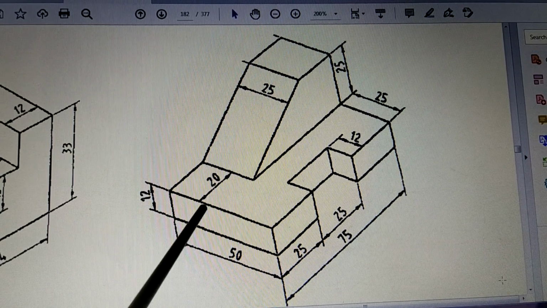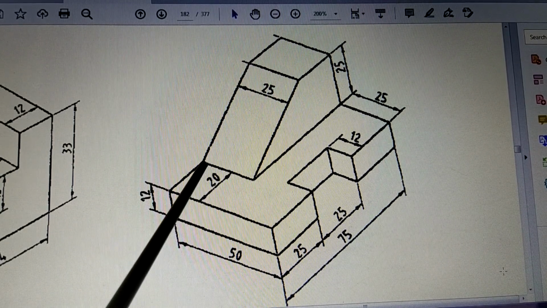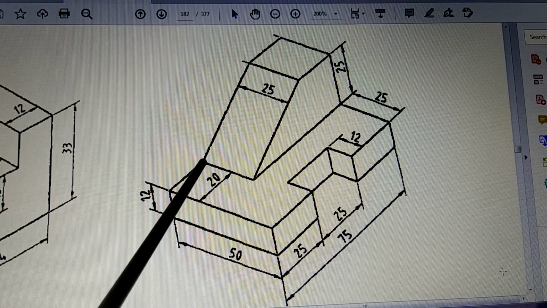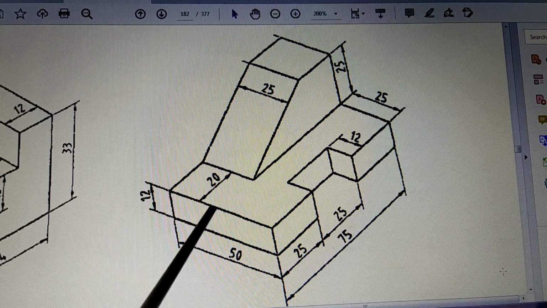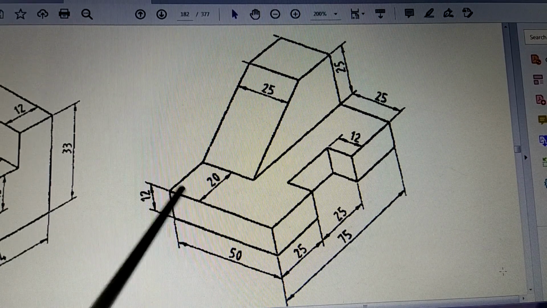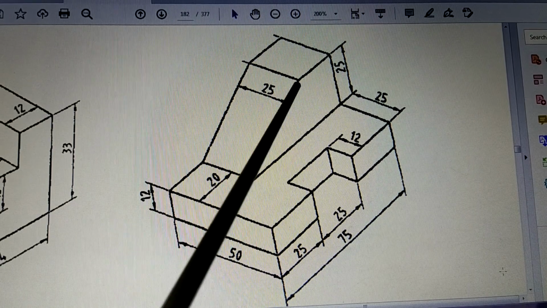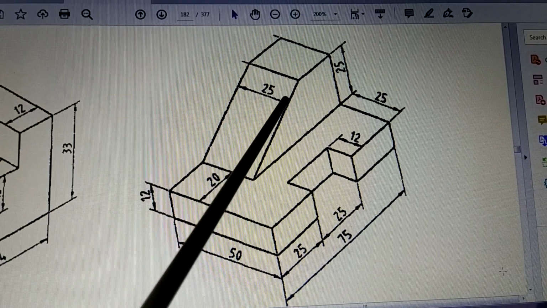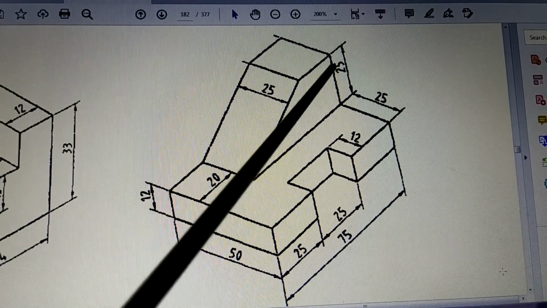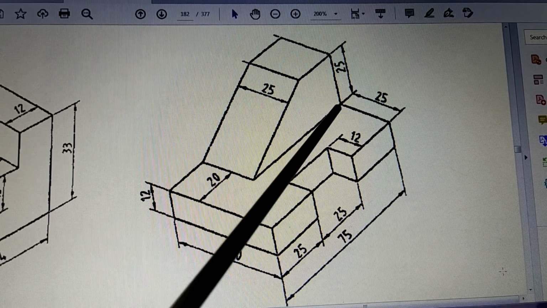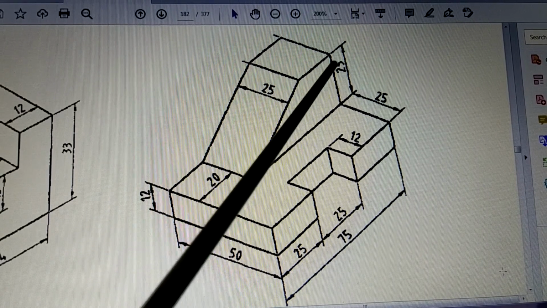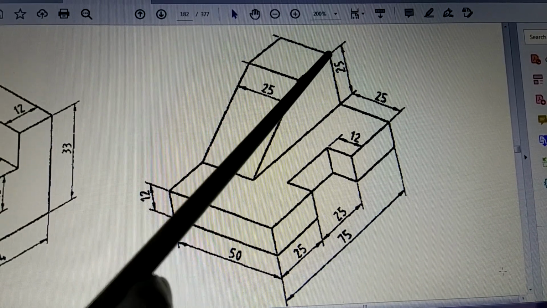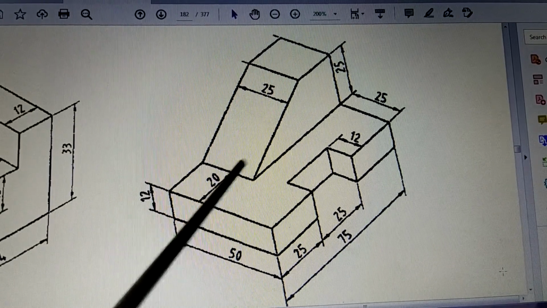After that, above this rectangle, there will be this inclined surface which will be seen by you in the front direction, and while drawing that surface, the rectangle has one side 25 here and the other side of the rectangle, which is the height, is going to be this 25. Okay, so although the actual surface is so much in length, when you see in the front direction, because it is inclined, you will see it as a short surface of this height. So you are going to see the apparent height. It is called the apparent height, not the real height. The real size is this, the apparent size is this. So that is what you will see as a front view in this direction.